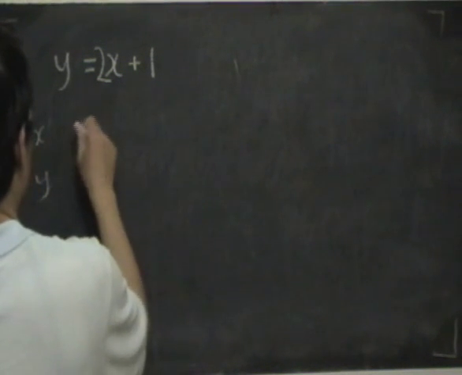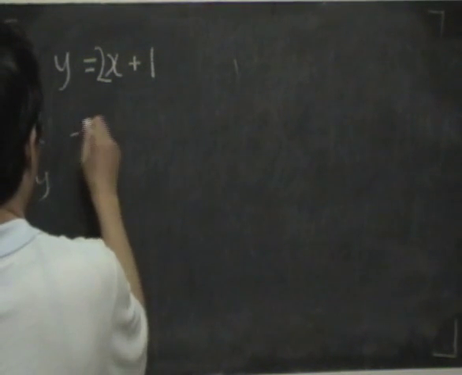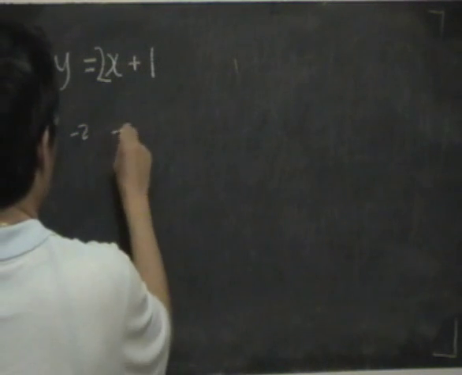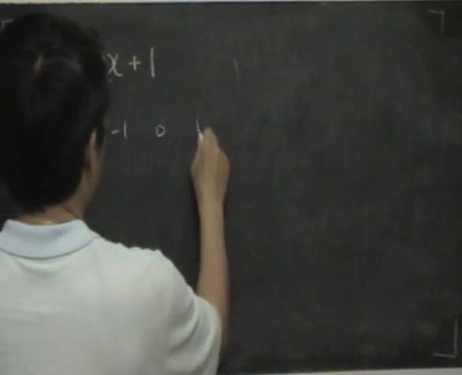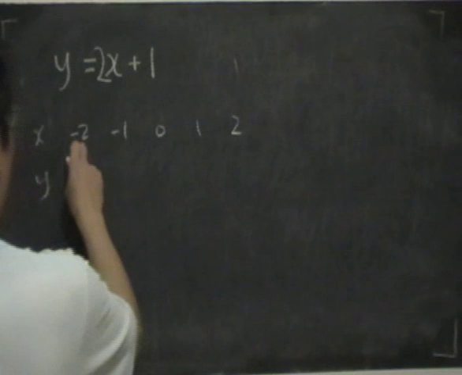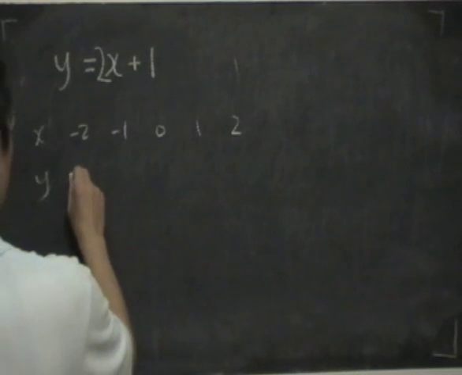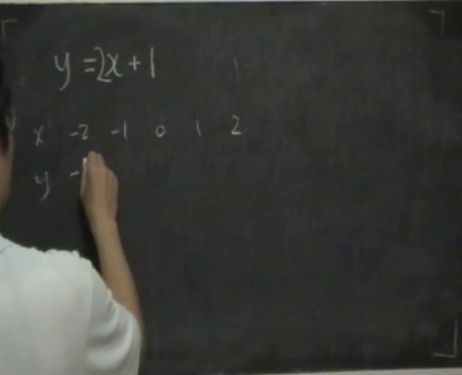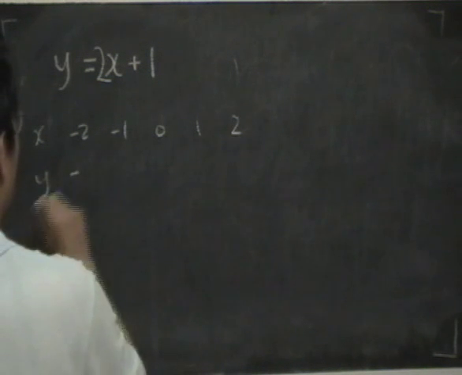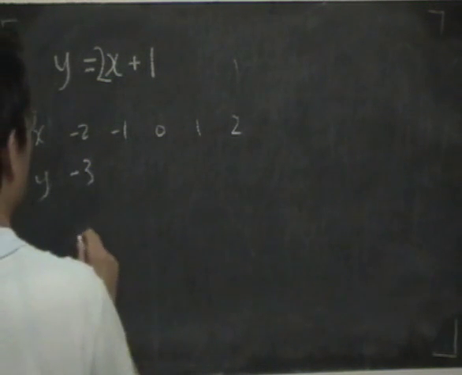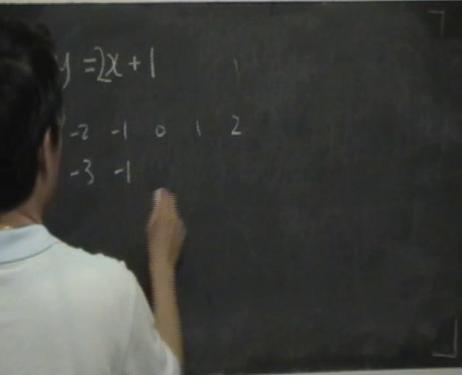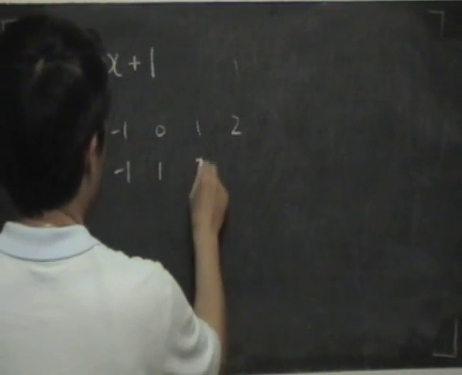Let me make up numbers like before: -2, -1, 0, 1, 2. And if I put these numbers in there, I'll get -3, -1, 1, 3,